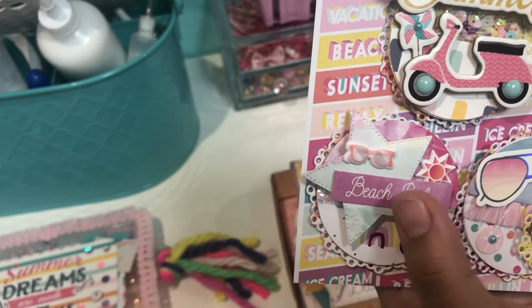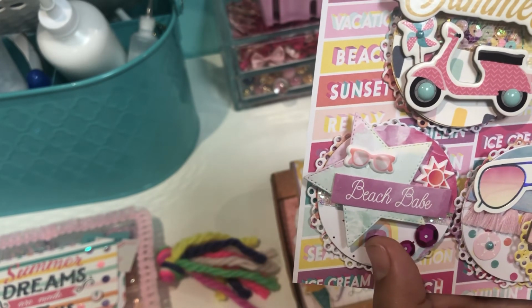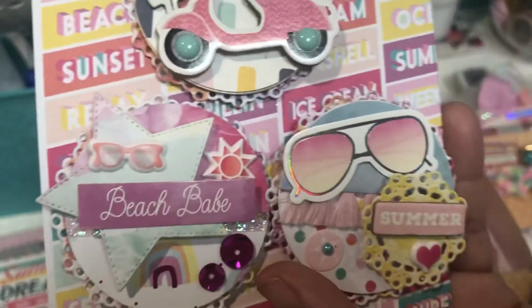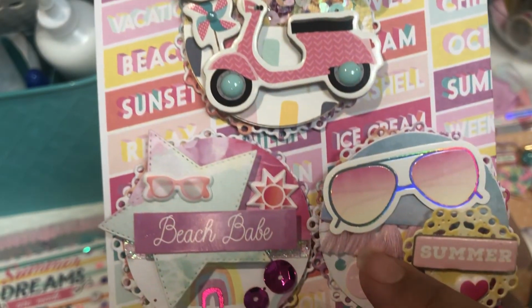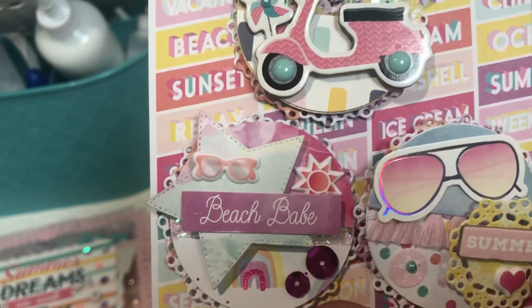This one was a die. And I kind of layered it the same way, except I didn't make a shaker. I did add a piece of iridescent ribbon in between them. And then on this one, I used stickers from Summer Lights. And then I did half and half different, but I layered that Hobby Lobby trim. Then I'm almost out of it, and I think they put that one on clearance,